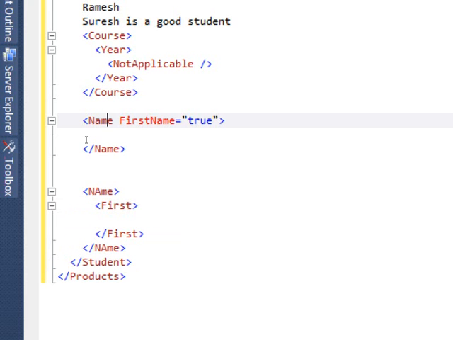Now, if you look at this one, when I say name, because of the attribute, I know that it is the first name. If I type the same thing at this place, I know that both of them are first name. Because if the attribute says it's a first name, here the tag itself says it's a first name. So which one am I supposed to use? Is the first one correct or the second one correct? It depends on the application, how you want to use it.